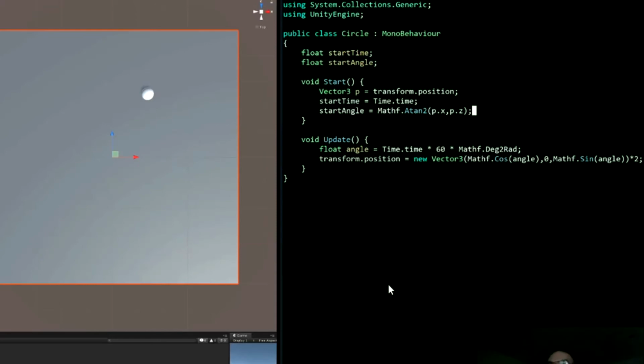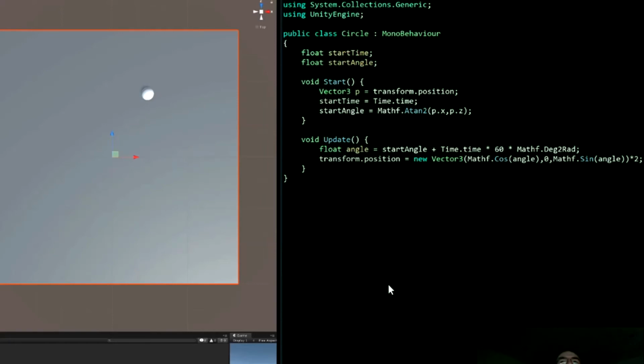Because my y on the screen is my z. So you do that. And then I have my start angle. And yes, do bear in mind that I may be deliberately making mistakes, because I'm demonstrating very common pitfalls. So this is a very common one